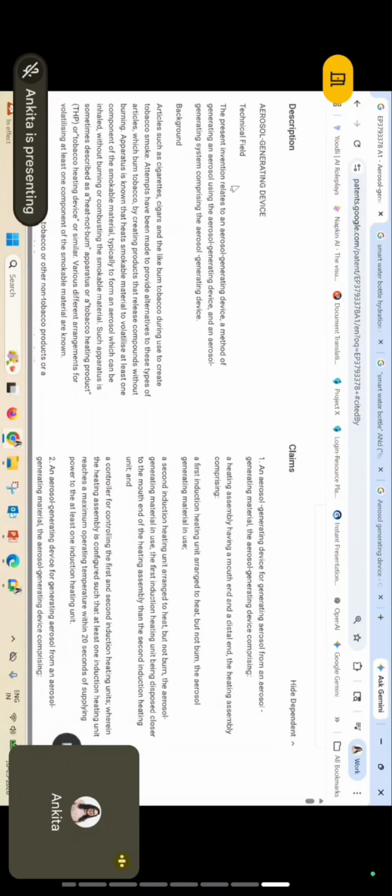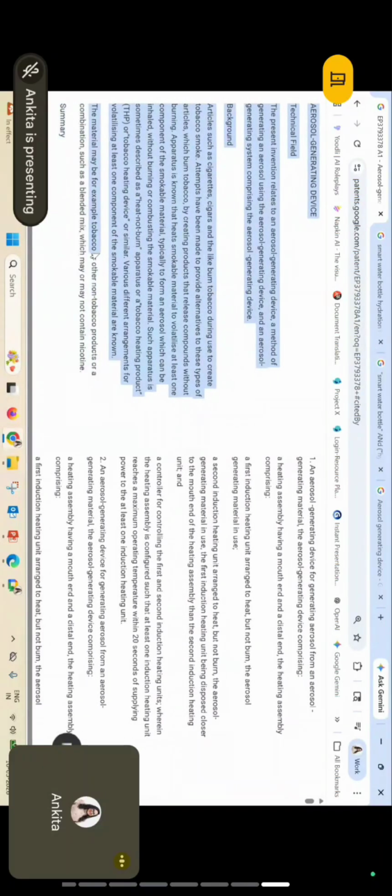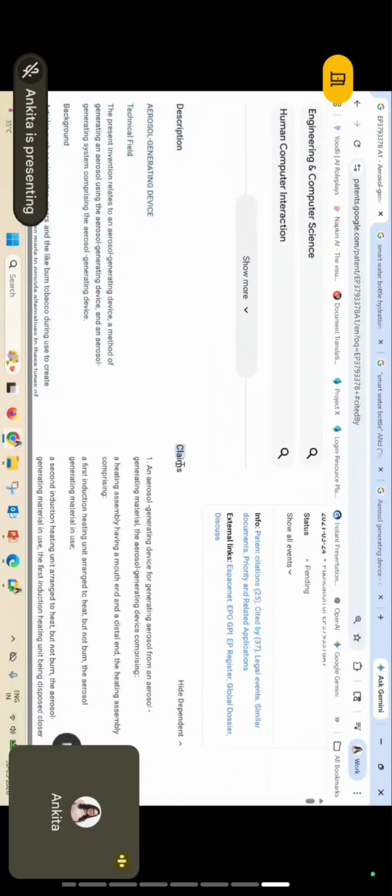Now this is the description part. This is a full technical explanation. This is where the inventor teaches the world everything, every step. So the public disclosure part of the deal is here, the description part. And here are the claims. Claims are the most important part of our patent. It's a legal fence around the invention. It defines exactly what is protected. So if your product falls inside this fence, you are infringing the patent.